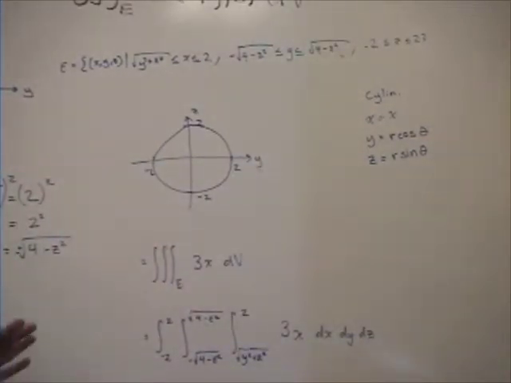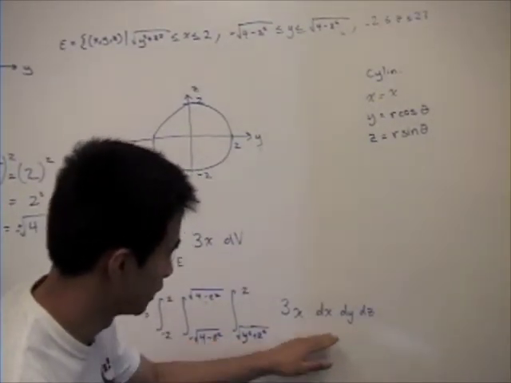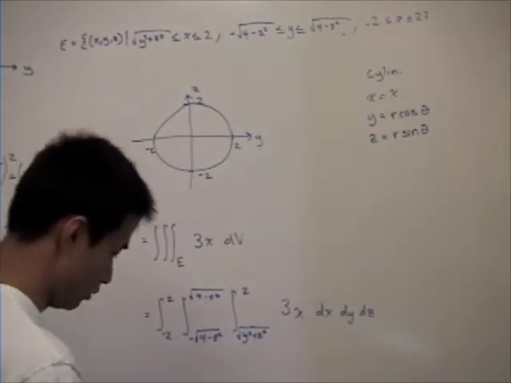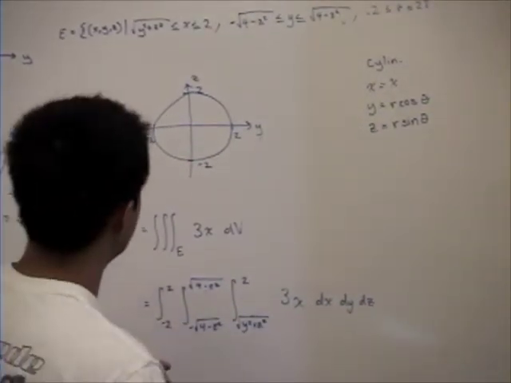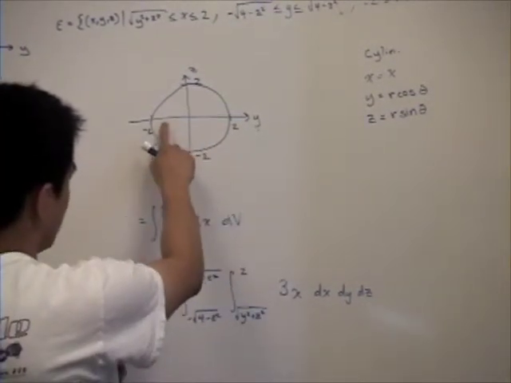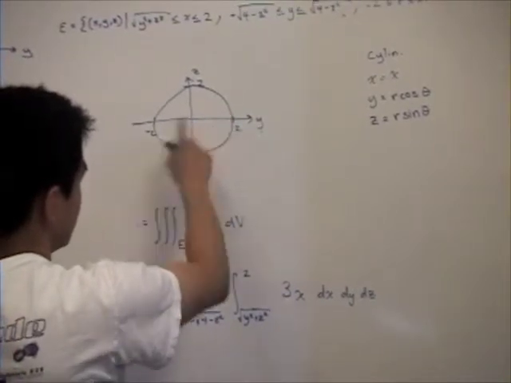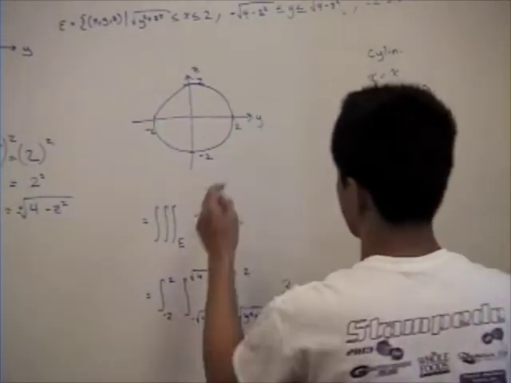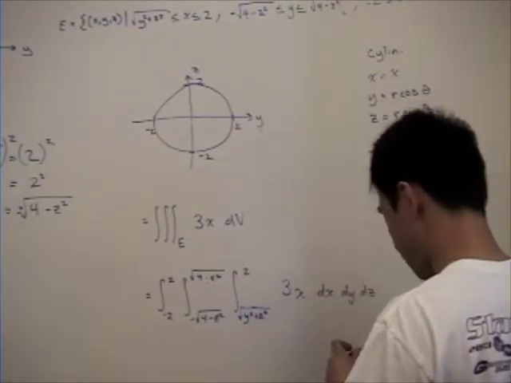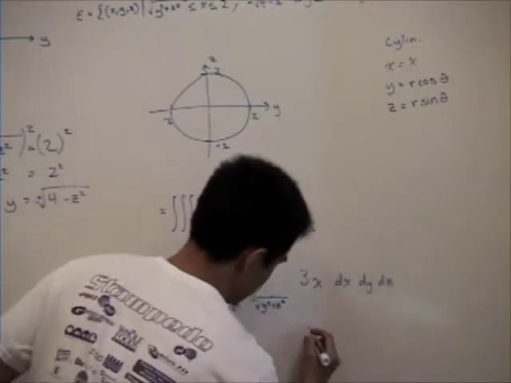So now, what we can do is change our limits of integration as well as change this integral entirely. So how this is going to look: r is going to reach from 0 to 2, and then theta is just going to be from 0 to 2 pi. So if I were to change our limits, I'm going to do